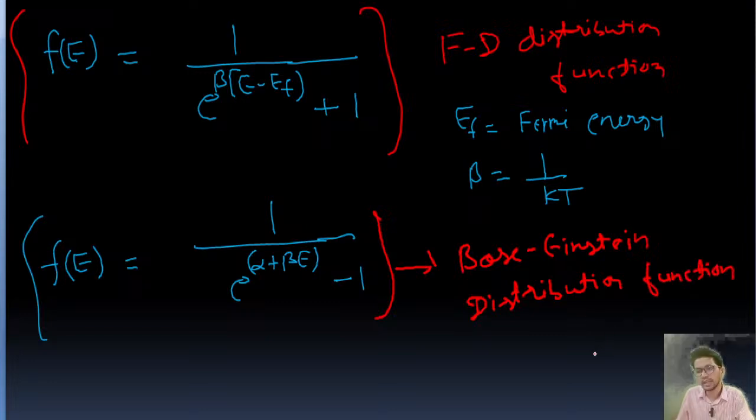This is e to the power beta e minus ef plus 1. It is 1 upon e to the power alpha plus beta e minus 1. Okay, for Bose-Einstein, this is minus 1 and for Fermi-Dirac this is plus 1. Okay, next, guys,